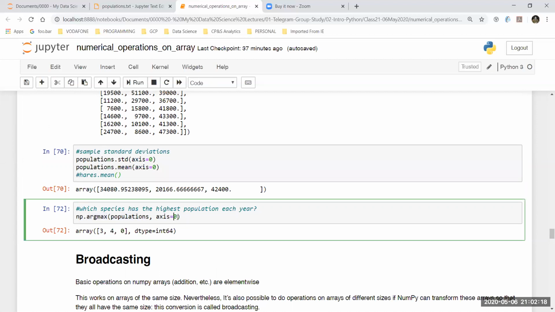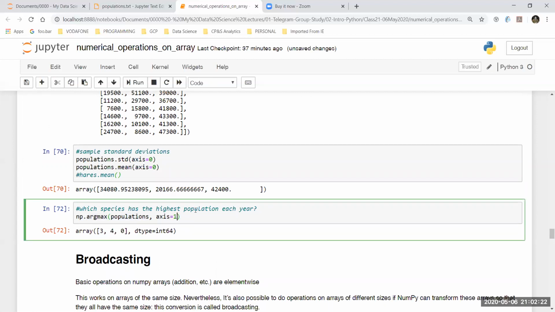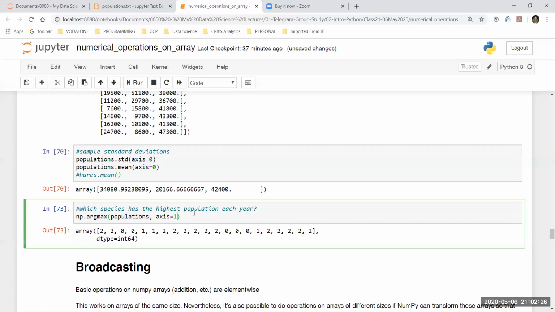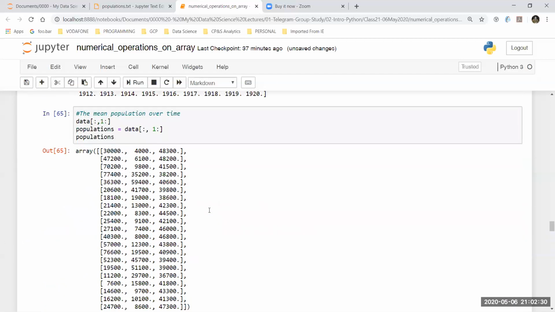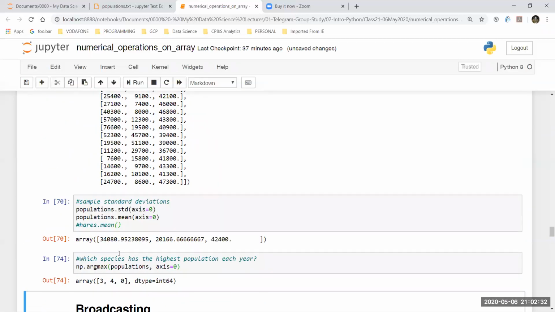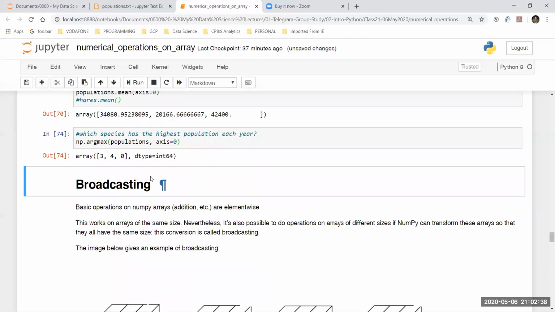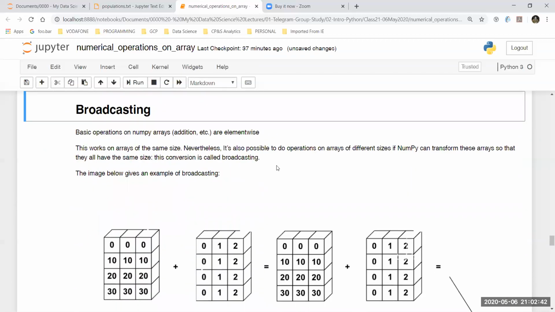So if I take per year index, then it is going to be something like this. Or if I am going to take per column argmax, this is how it is going to be. So what I mean by that is that here in this case, it is actually giving me the indexes of the values, right?